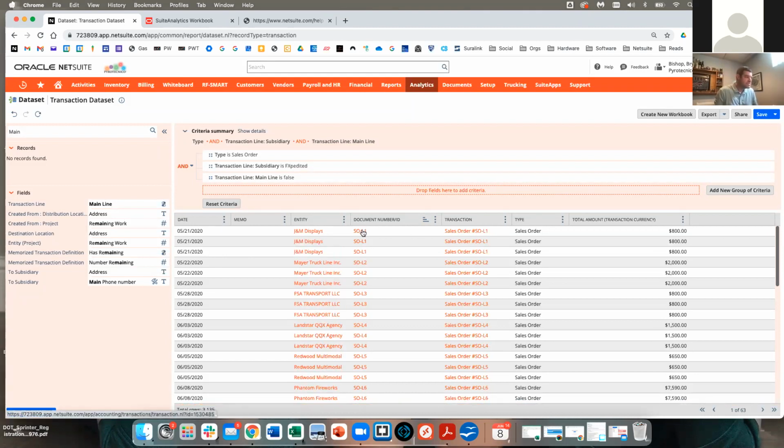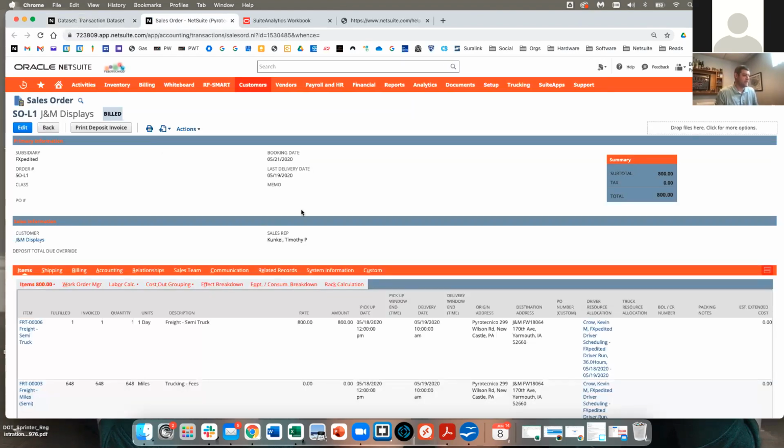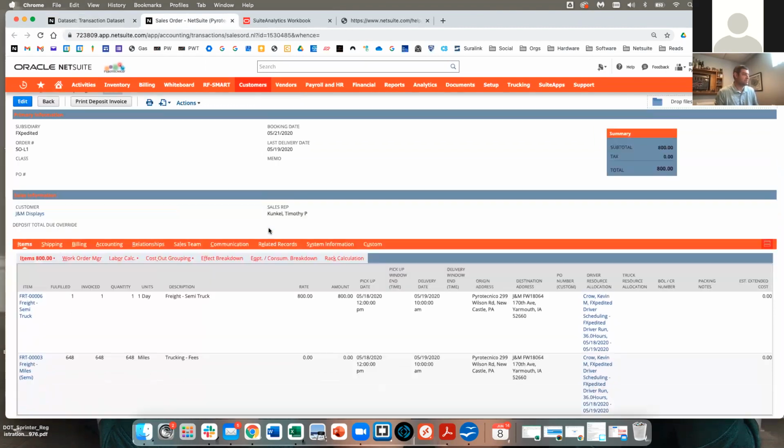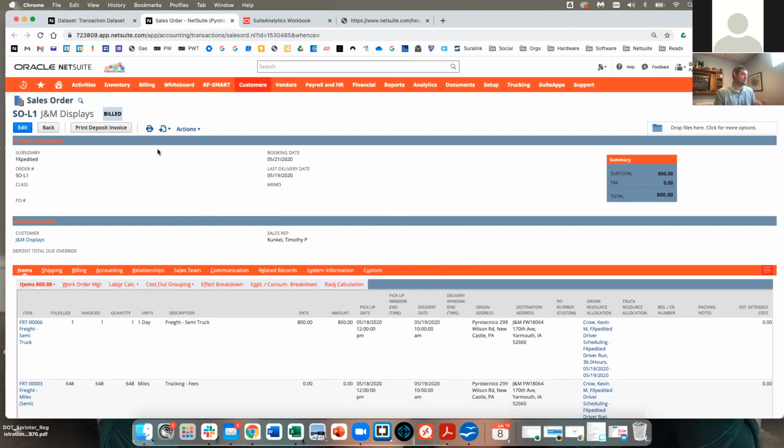And let's see, this is where if I click here, I could come into a particular sales order, you start to get to the point then of this is the exact transaction that I'm pulling. So now I think it's best sometimes when you're building these, if you're looking at sales orders or purchase orders, to call one up, see what you're actually